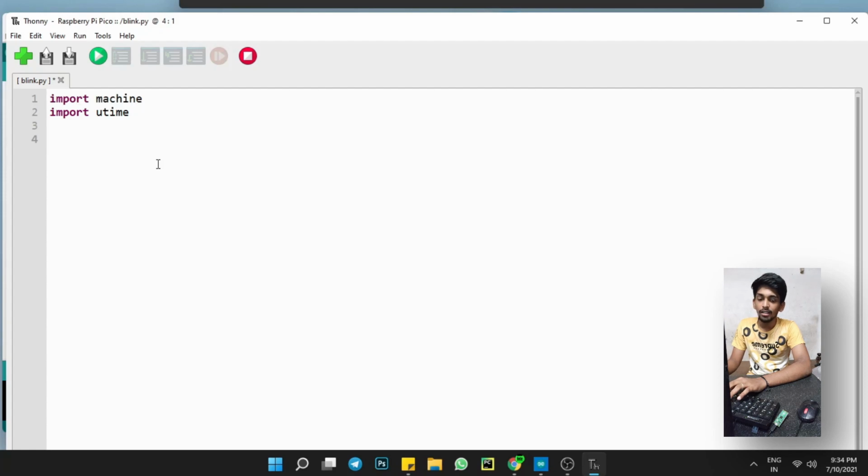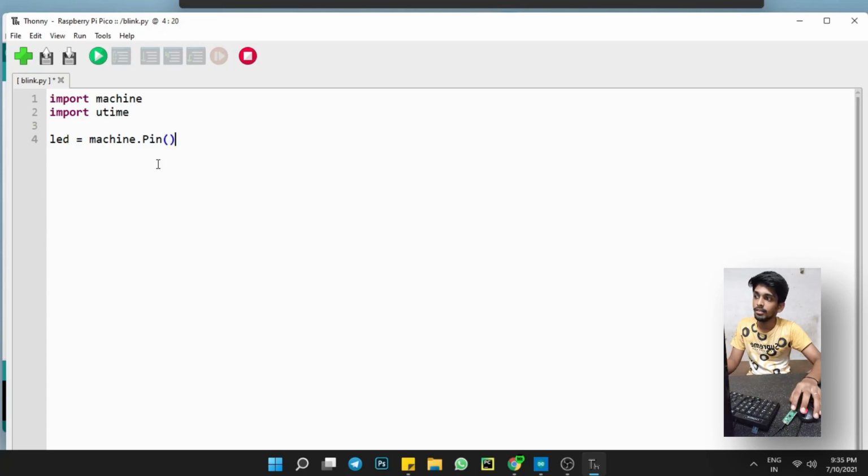Next we are going to declare the pin of the LED, the inbuilt LED, which is pin 25. We declare a variable LED, an equal sign, and then machine.Pin.